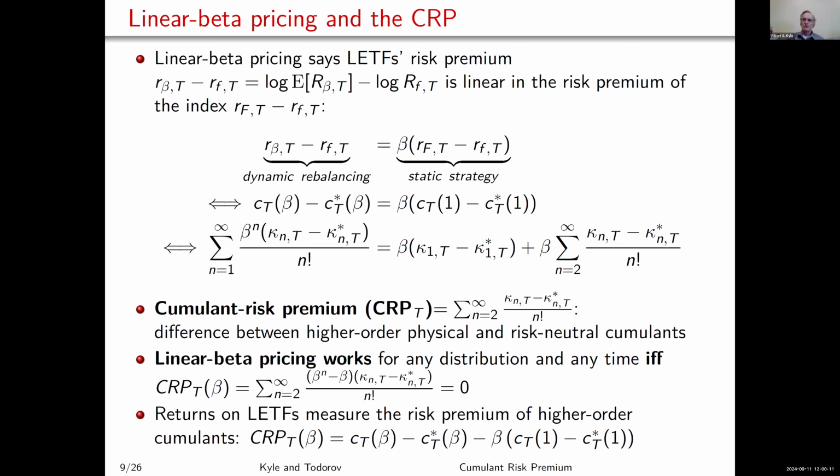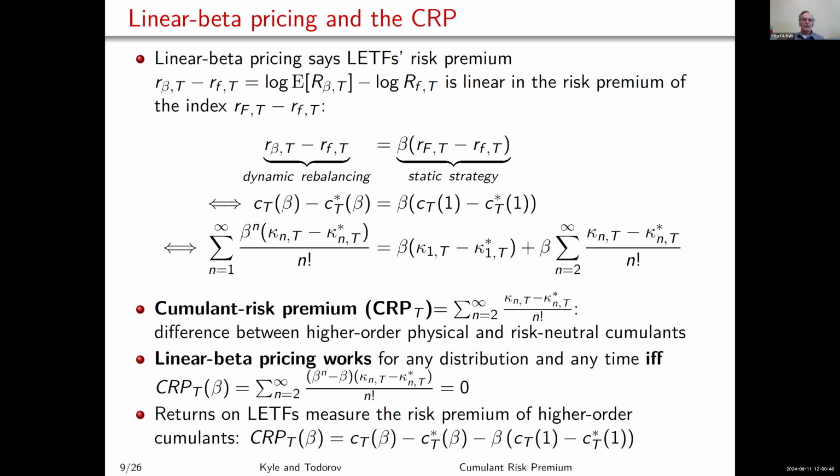When you're teaching MBA students, you typically do it in discrete time. But if you're going through something like a Merton model of continuous time CAPM, then it's a continuous version of the discounting. And indeed, those Merton models that have log normal distributions give you the continuous time CAPM, and they give you what we would call linear beta pricing, meaning that there's an adjustment of like e to the minus beta times the risk premium on the asset times delta t that shows up in the discount factor. So that's linear beta pricing.